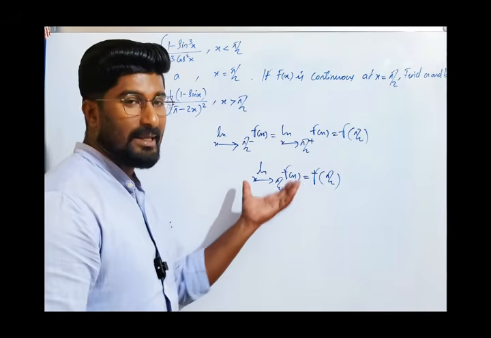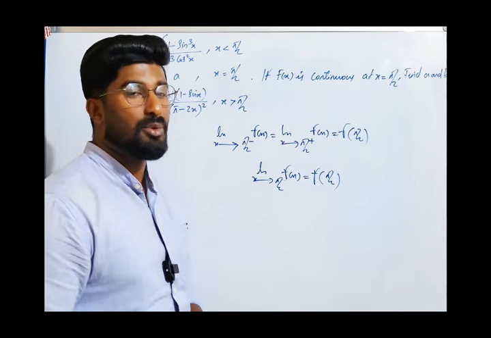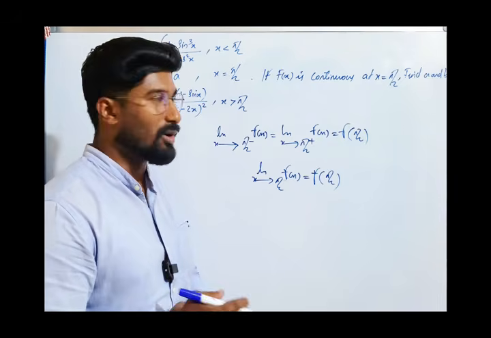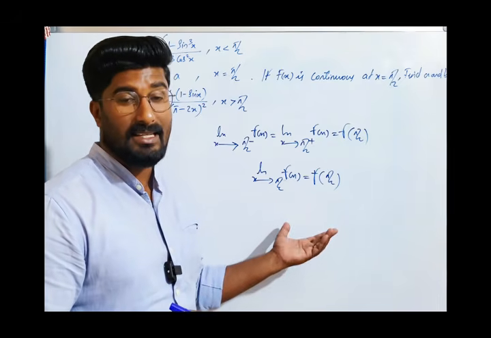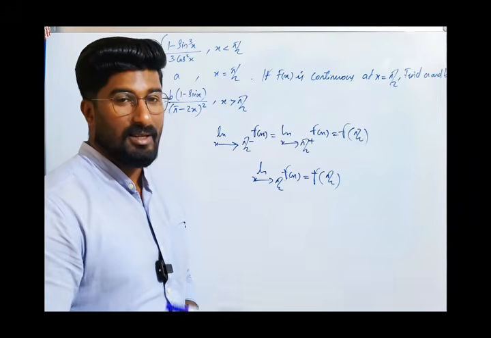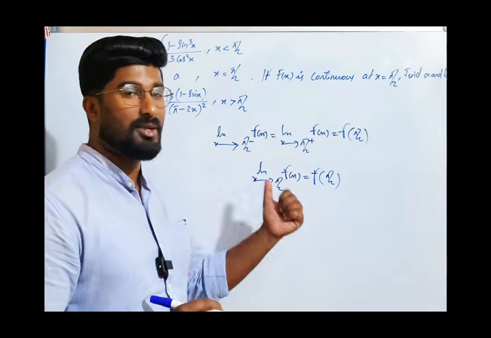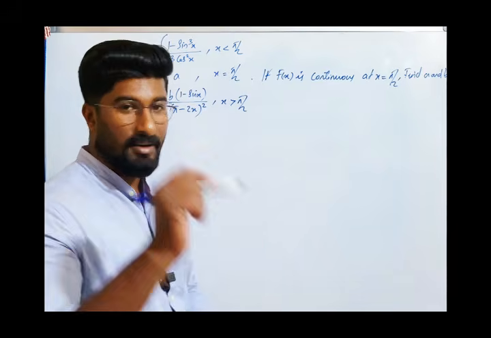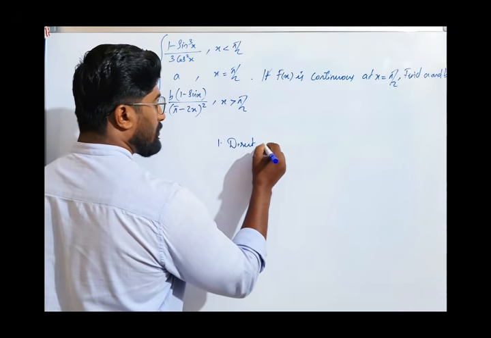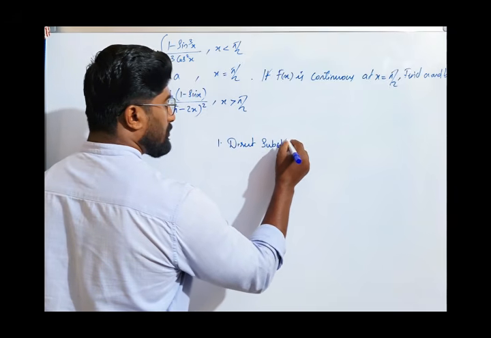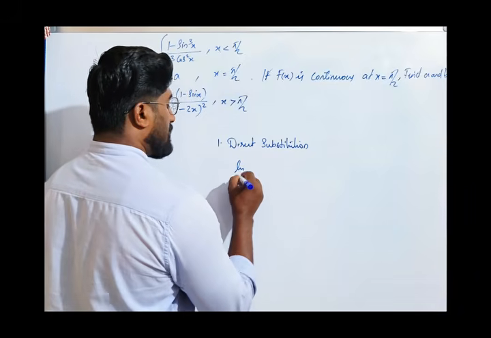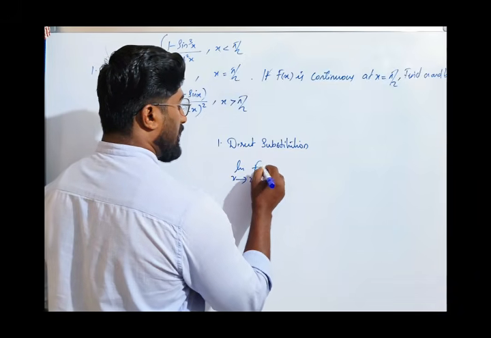So to find the limit, you have to understand some basic concepts related to limits. Normally students face difficulty in finding limits of the function. So how to find the limit of the function? If you know four properties, then you can easily find the limit. The first one is direct substitution. If you get a function, limit x tends to 2 of f of x,